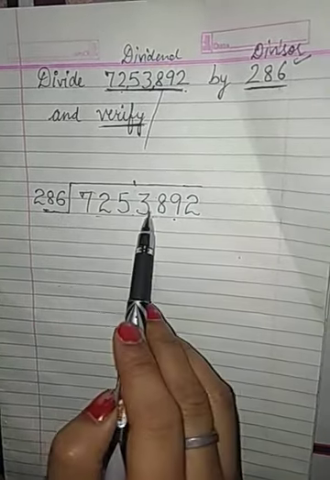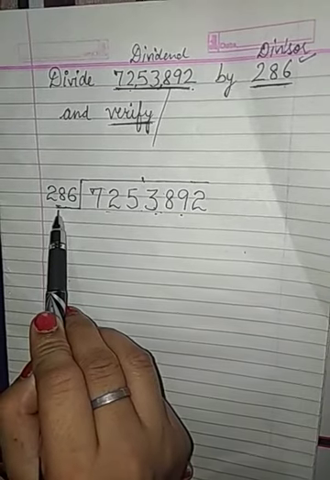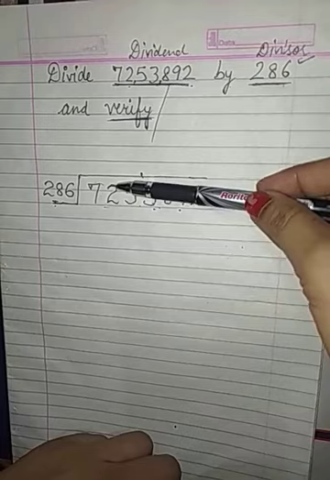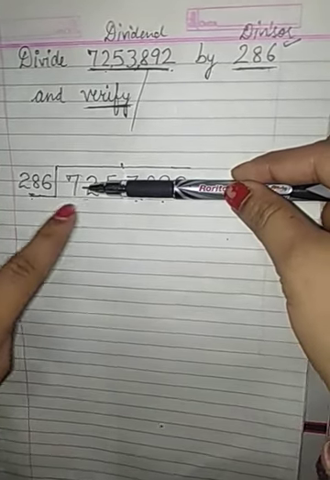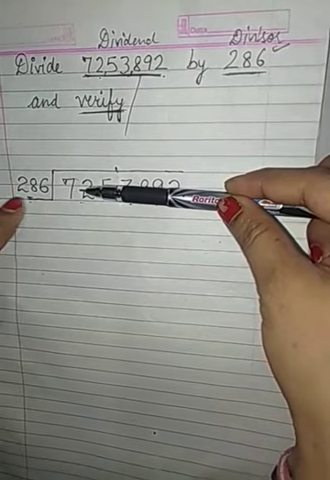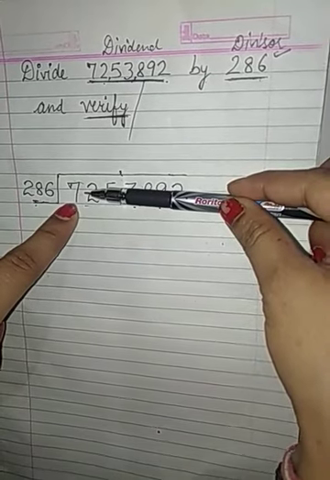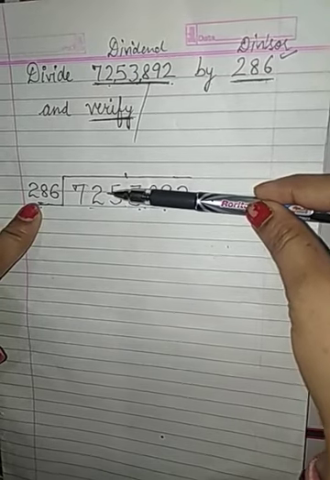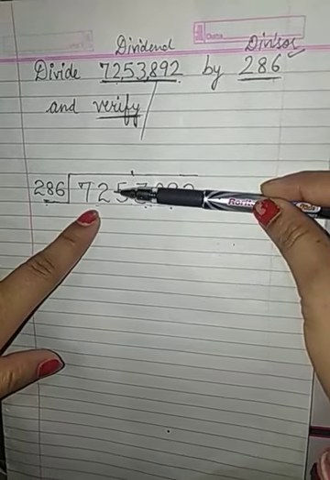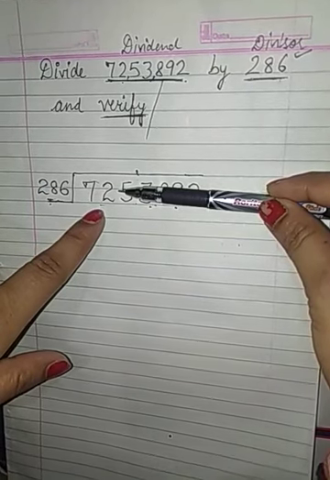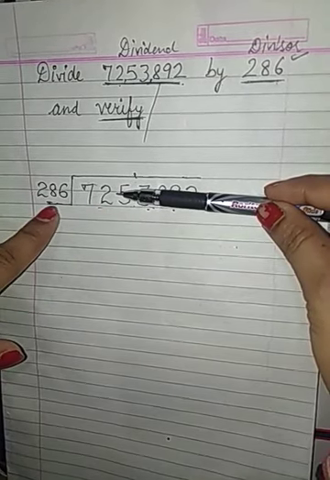Now we have to divide the large number by a 3-digit number. Now let's start with it. So if I hide all these digits, if we start with 7, can we divide 7 by 286? No, because it's a 1-digit number and we cannot divide a 1-digit number by a 3-digit number. If I show you the next number, that is 72, it is a 2-digit number, so we cannot even divide a 2-digit by a 3-digit number.